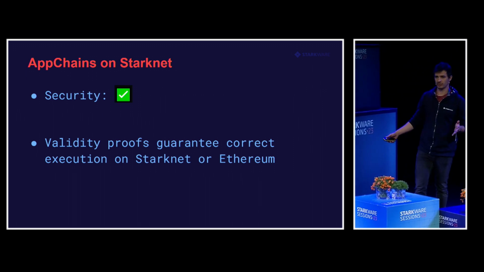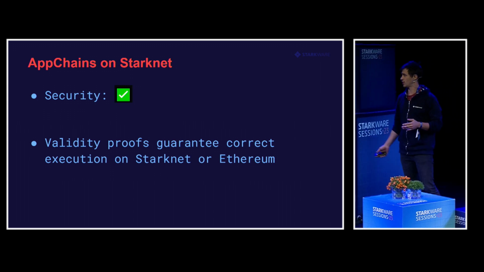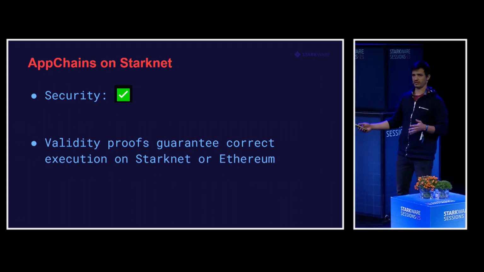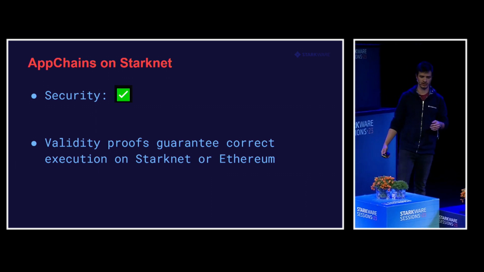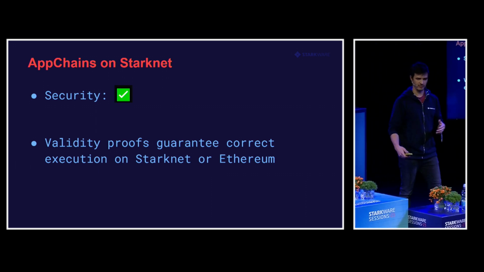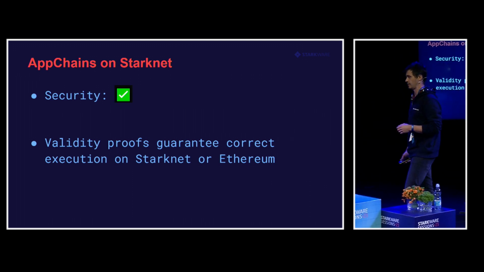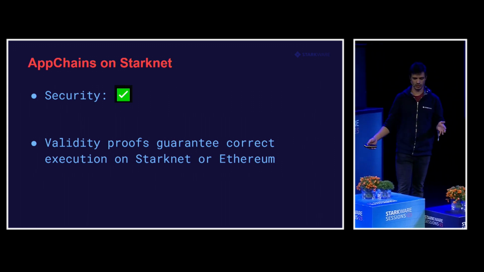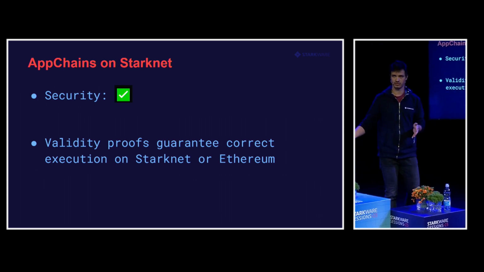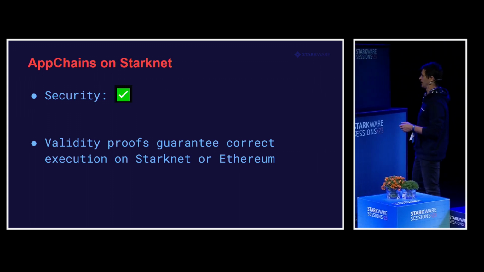So for security, with recursions and with Sharp, proofs can be submitted to Starknet, in this example, if Starknet is a layer 2, verified there. This gets verified on Ethereum, and then you have your app chain on L3, but you gain the security of Ethereum without any need for